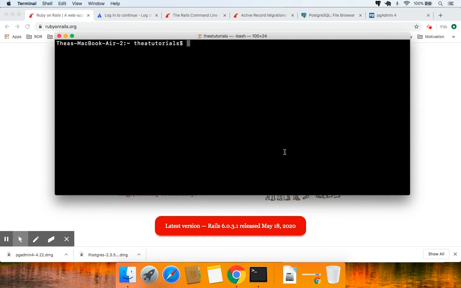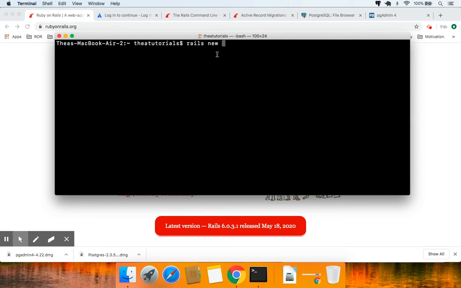And what I want you to do, so you have the Ruby version 2.7.1, or you may be in a much newer version if you're watching this in the future. So I'm going to go ahead and create a Rails application for the purposes of testing the configuration of the database PostgreSQL that we downloaded from Postgres App and the PG Admin. Okay, so that's purely just to test the configuration. Okay, so I'm going to give it a name like my app, or our app. No, rails new